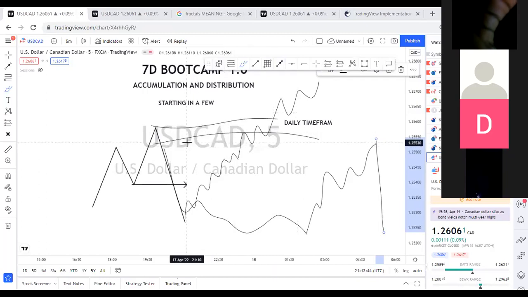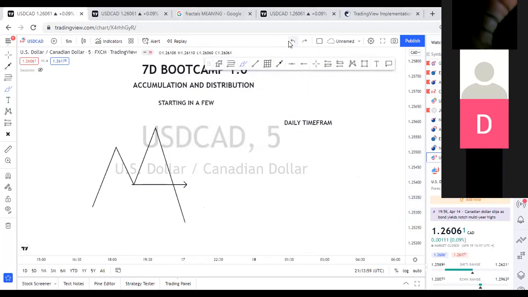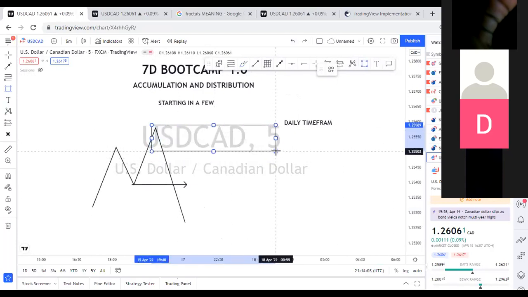So price can decide to continue like that. Now let me go ahead of myself a bit. I'm going to remove all of this. So I have marked this as my point of interest. I'm going ahead of myself, but the things I have for you guys is inexhaustible. So I'm just going to try my best, and wherever I can stop, I will stop.